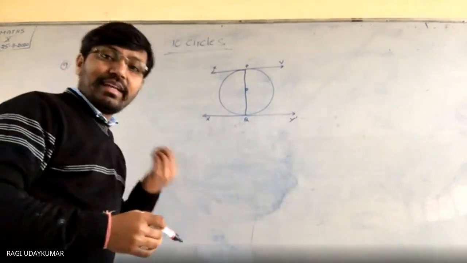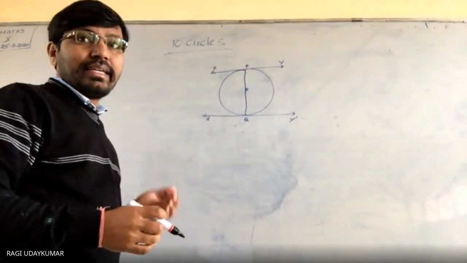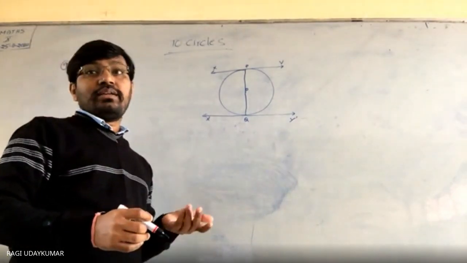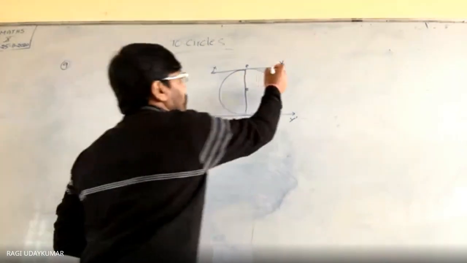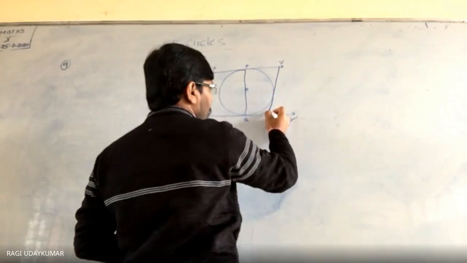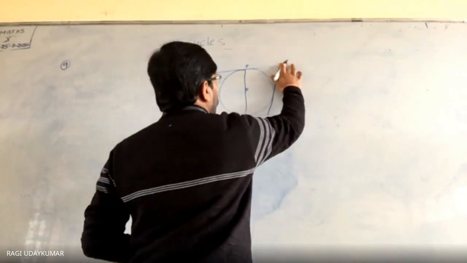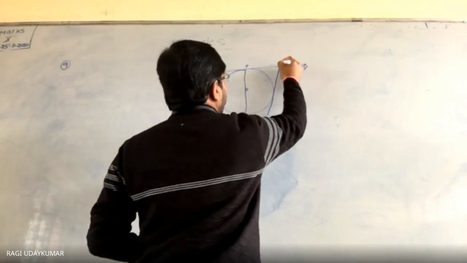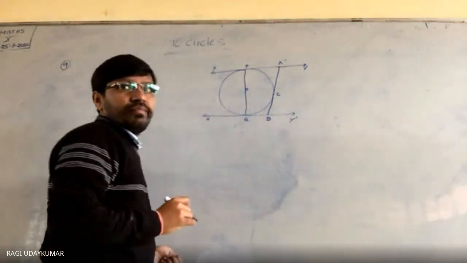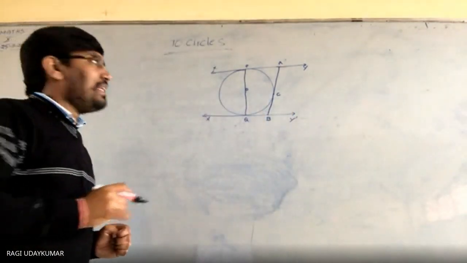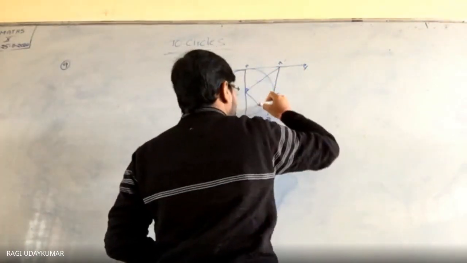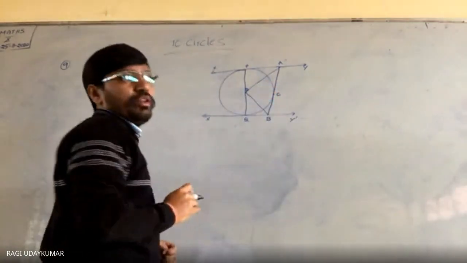Okay. And another tangent AB with a point of contact C, intersecting the XY at A. ये XY को A point पे intersect कर रहे हैं. Like this, if you take it to consider, this is the point. If you want, you can extend it a bit here. This is Y, and this is A, and this is B, and with a point of contact C. And asking you to prove that angle AOB is equal to 90 degrees. This angle is 90 degrees you need to prove.